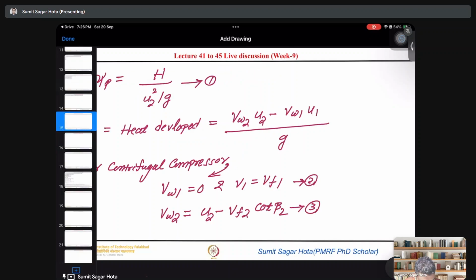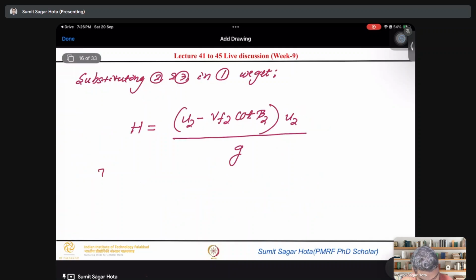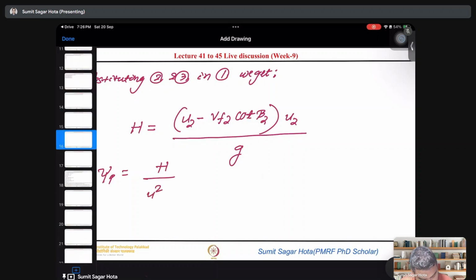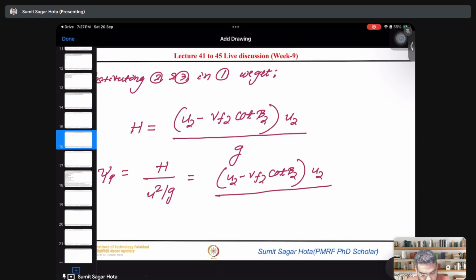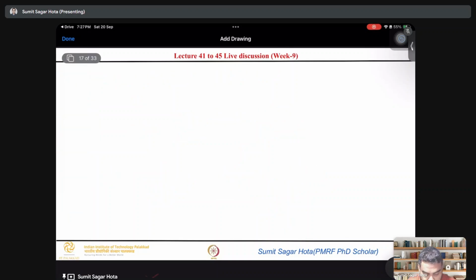Okay. Now what is your psi p? Psi p is your H by U2 square by G. Psi p is equal to H by U2 square by G, is equal to (U2 minus Vf2 cot beta 2) into U2 divided by G into U2 square by G. This G gets cancelled, U gets cancelled. Okay. So if you just solve it,